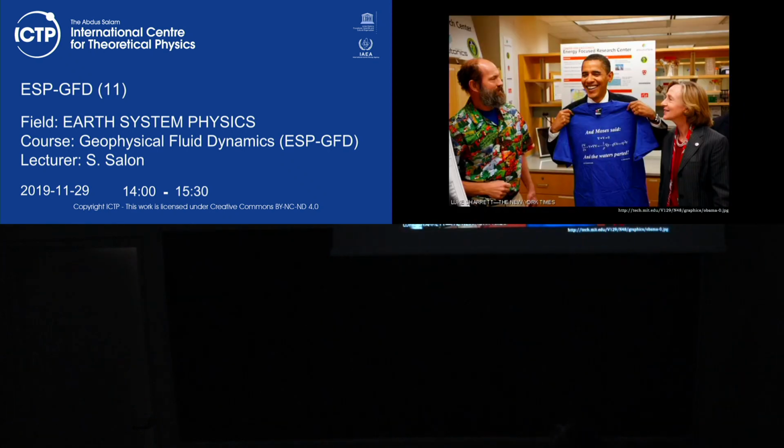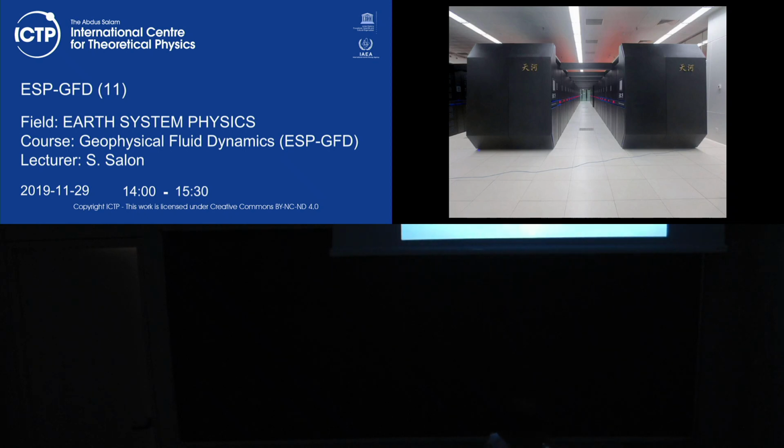And someone also enjoyed very much wearing, you know, this man. So this was a visit of him at MIT, and they gave him a T-shirt which says, Moses said, with the Navier-Stokes equation, and the waters part. Okay? So it's nice. I mean, it's good that people like this go and take real contact with the people who work like you with science, in particular with GFD.